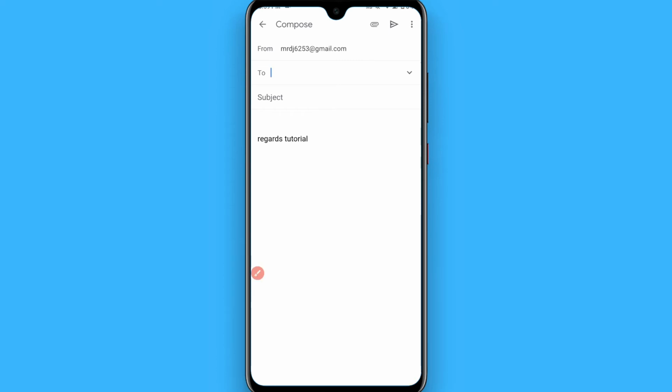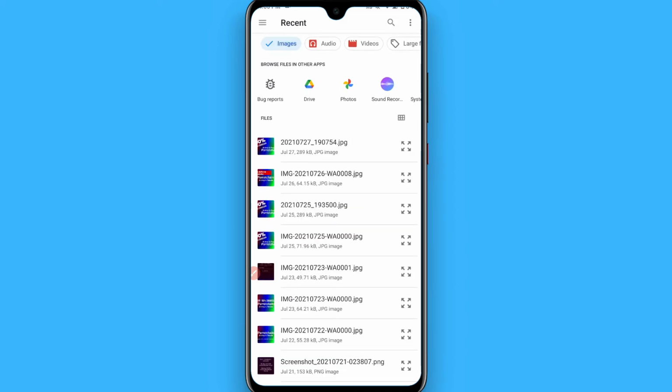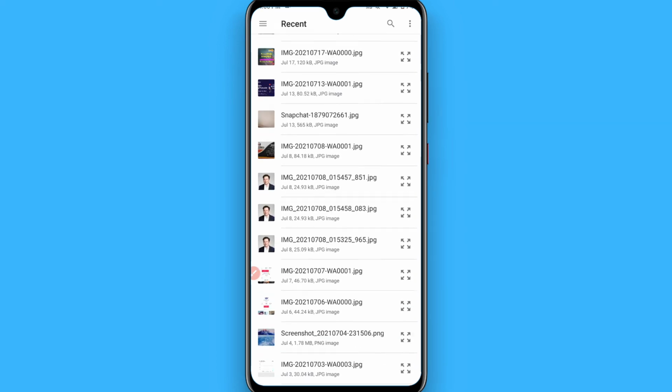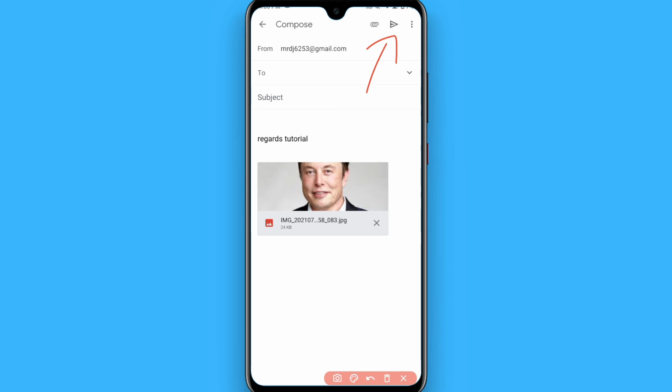You have to tap on it, and from here you have to click on the attach file and go to the image from here. Now select any picture from here and enter the recipient email address and subject, and click on the send button from here. Once you do it, picture will be sent. So this is the procedure to send any